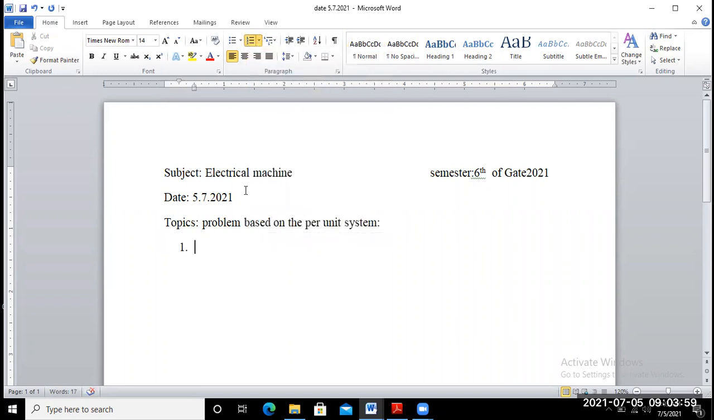a 10 kVA, 2000 by 200 volt single phase transformer has the following parameters,